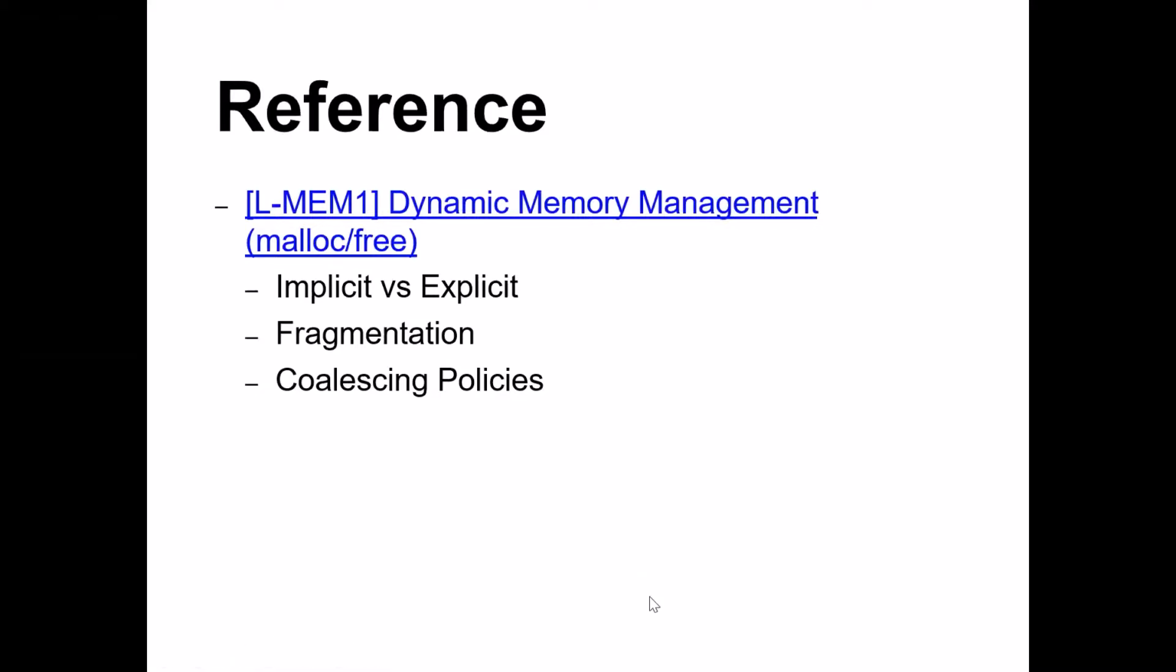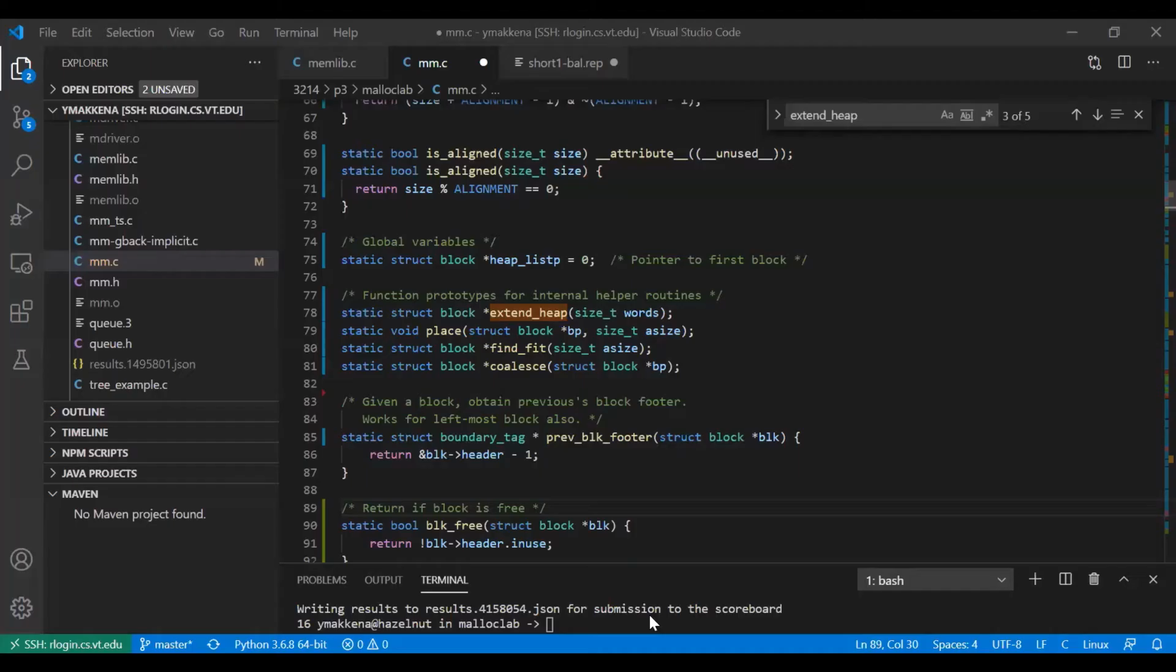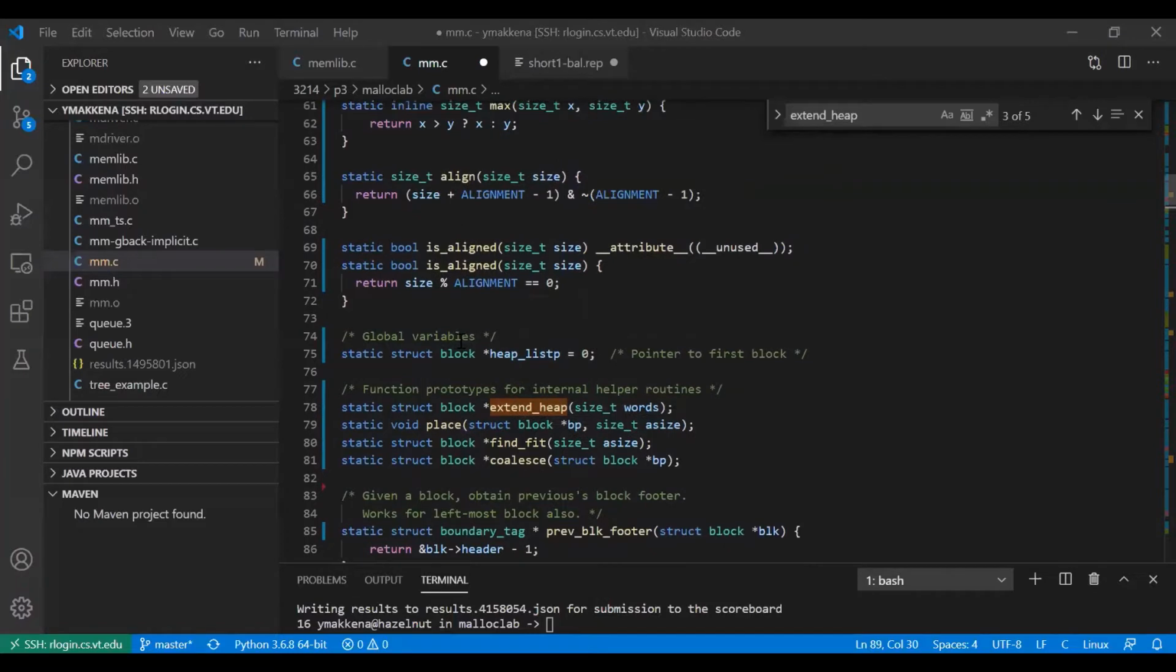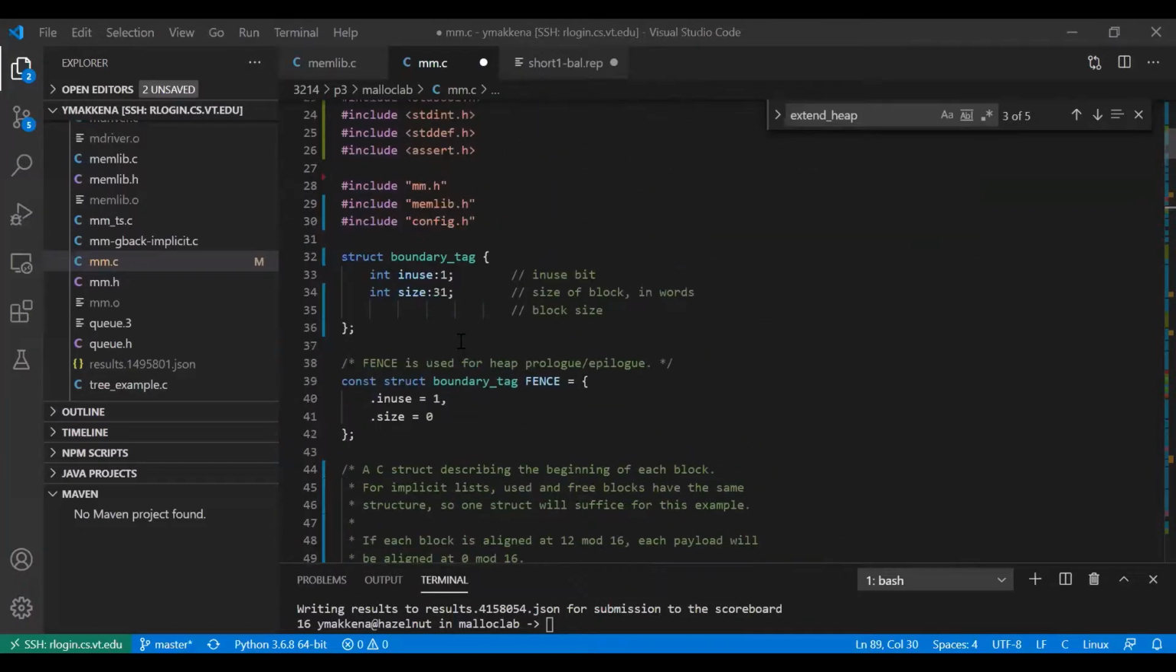Okay, I guess I'll go back to the code. Marx asked, is there a particular reason the boundary tag is 31 bits? So if we see here, the boundary tag has 1 bit that's allocated to this in use, and then 31 that's allocated to the size